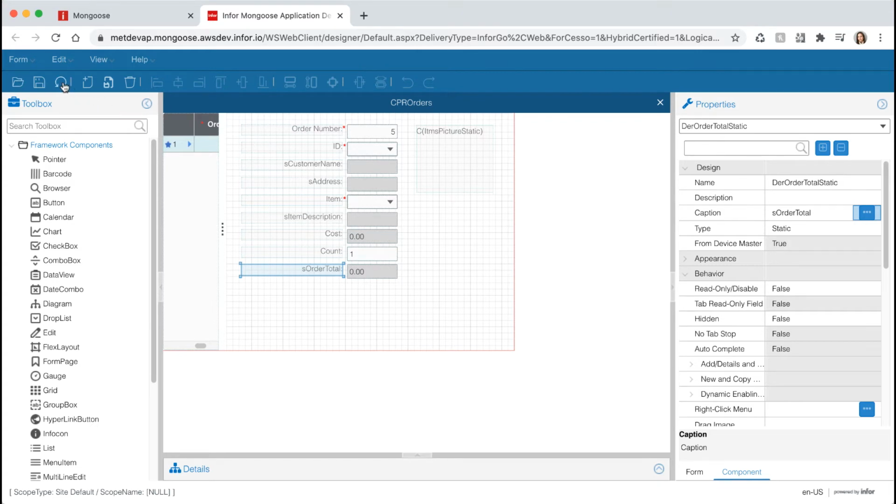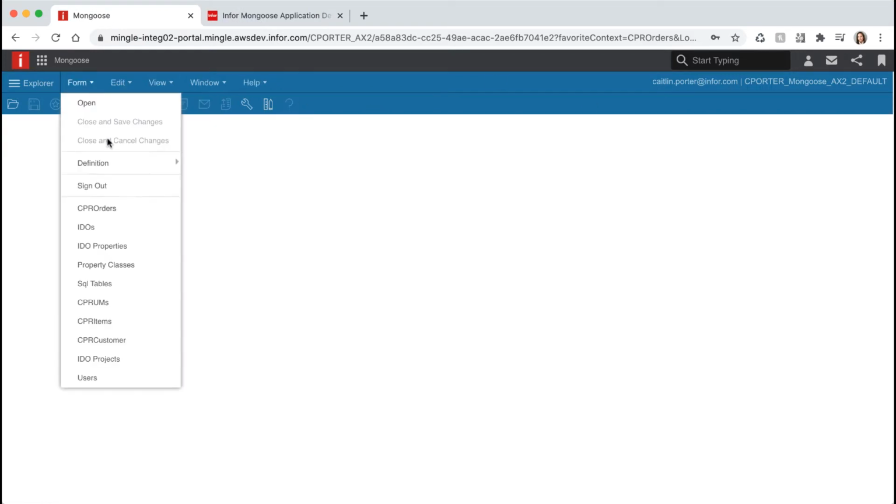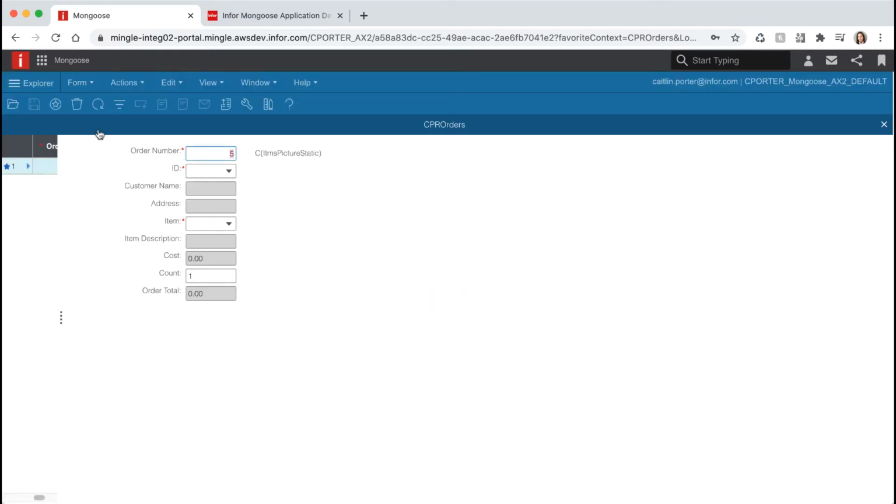Some form changes require you to save, close, and reopen the form to see those changes. You can use this button to do that. Switch back to the Runtime Mode tab and reopen our form so we can see our changes. Hit Refresh to query the data. And you can see that our picture property is displaying a caption which we don't want. So let's hop back over to